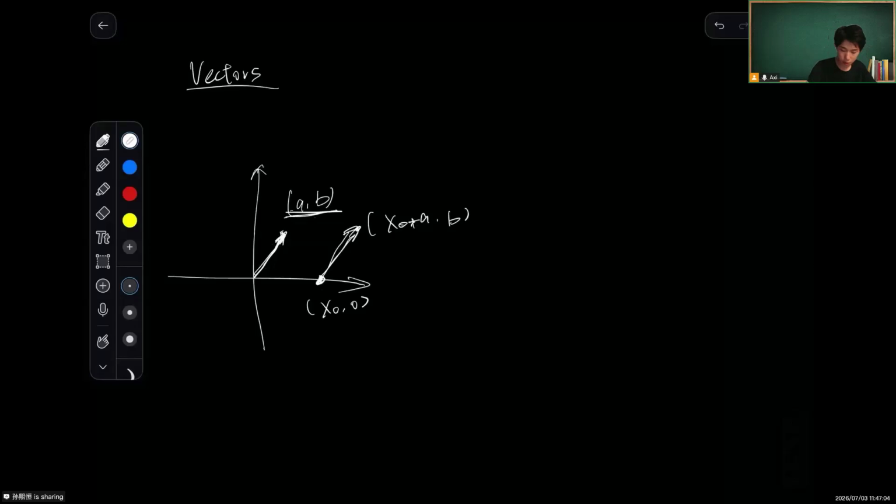This is very similar to when we treat things as 1D. Suppose there is a point. Then when you add something, in reality, you're actually just moving the point to a new point. Then in this case, we can add a point to obtain a new point as well. So this is described as a vector, which essentially describes movement. This is the vector, and then when you apply the vector to this point, you move the point. In this case, it can be similarly treated for complex numbers as well, because complex numbers are also points on